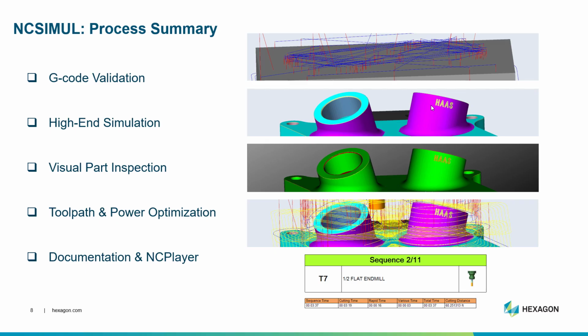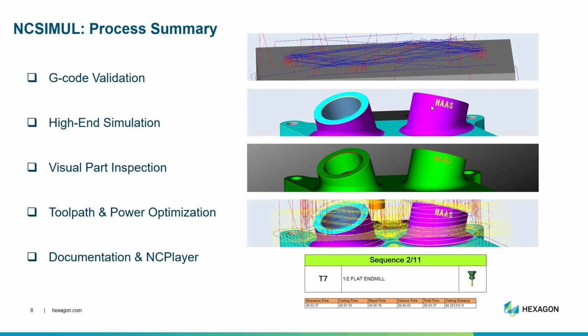And then at the end of that, you do a visual part inspection where you compare the original part model that you programmed from inside your CAM to what we just cut with the post-process G-code. And then you can see if you're gouging the part anywhere, if you're leaving excess material, or if you're hitting all of your tolerances. And again, we're not going to do all of that today, but the idea is the project that I showed you has been verified for those 3 steps, and then we're going to focus on the